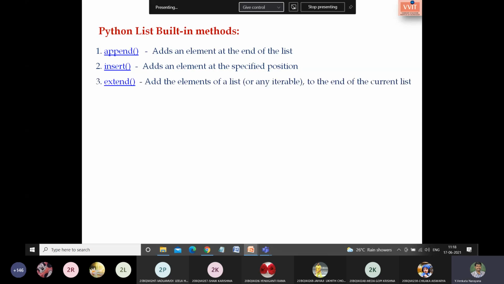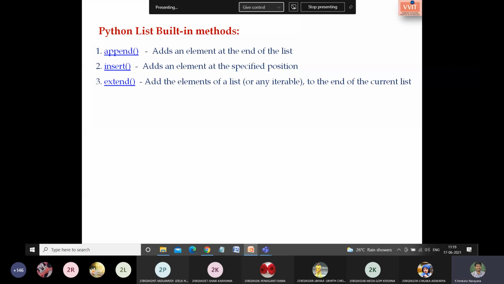The next function we have is extend, which adds the elements of a list to the end of another list. I repeat, extend is a method which is used to add the elements of a list to the end of another list. So this is nothing but appending one list to another. Can I say it like this? Adding one list to another list.